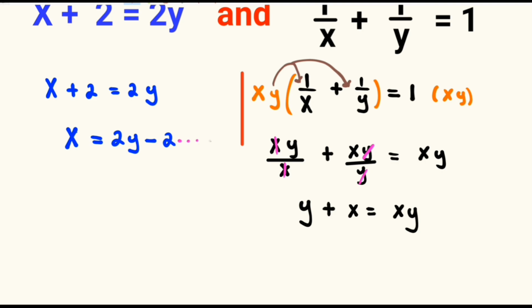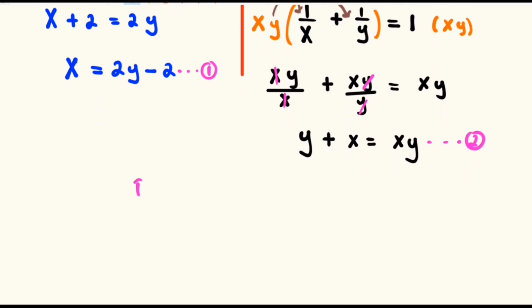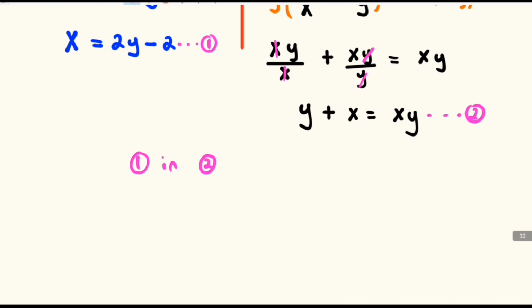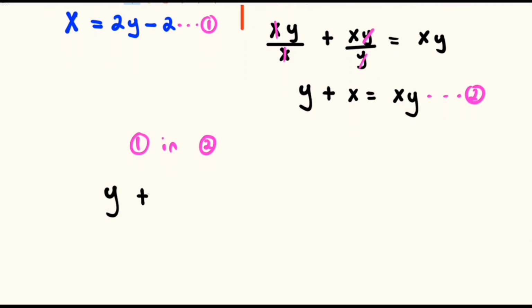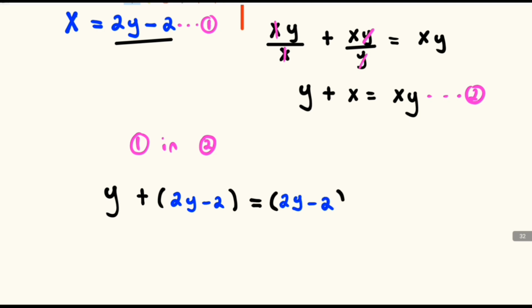We can call the first equation equation number 1, and the second equation equation number 2, and we have to substitute 1 into equation number 2. So we have y plus, in the place of the x, we substitute the 2y minus 2, and this will be equal to, in the place of the x, we substitute the 2y minus 2, and we multiply by y